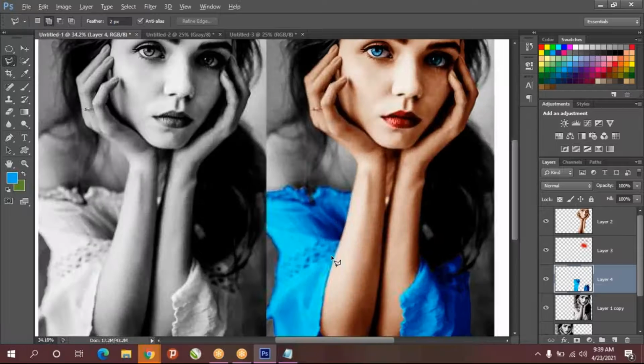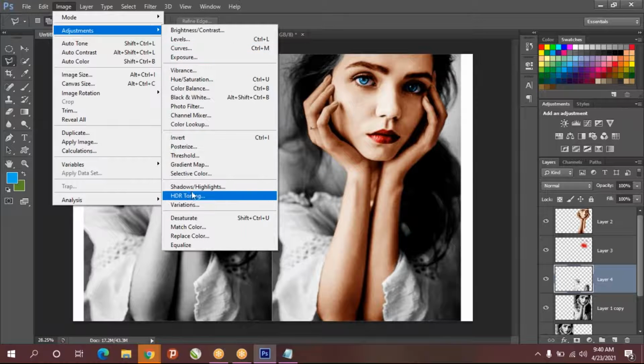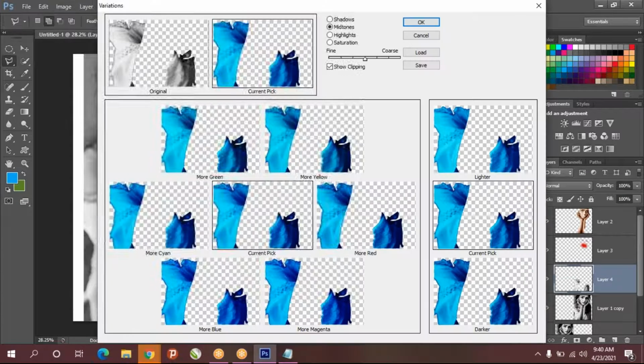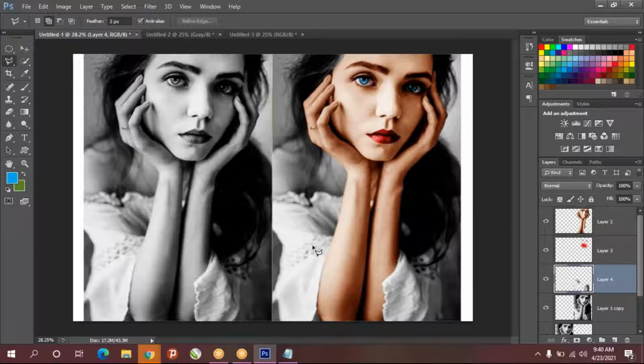But it won't look good because it is white color. When you select black color and white color, it won't look that good. Always, for white and black, you can't apply color; if you apply it, it won't look good. So I'll Control Z, undo. Instead, I'm going to just increase the brightness level: variations, make it original, just lighter, give OK. So that's it, a little bit of light color.